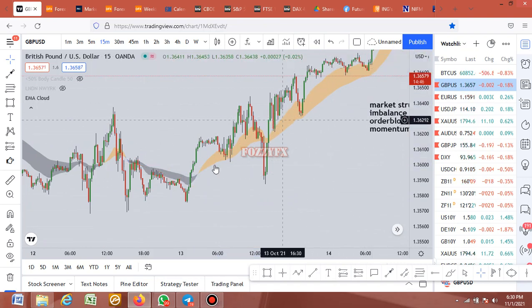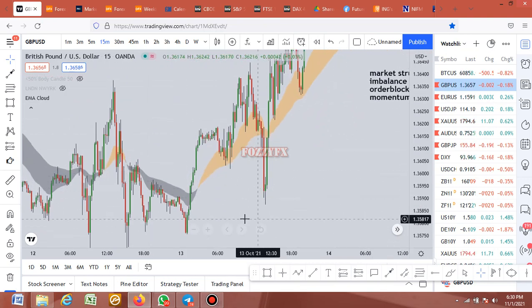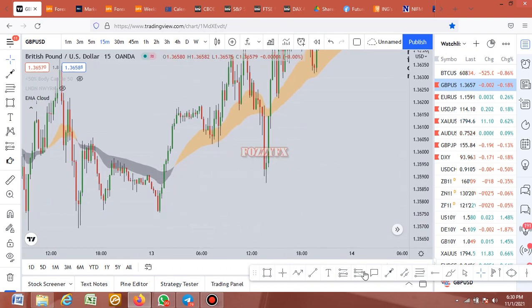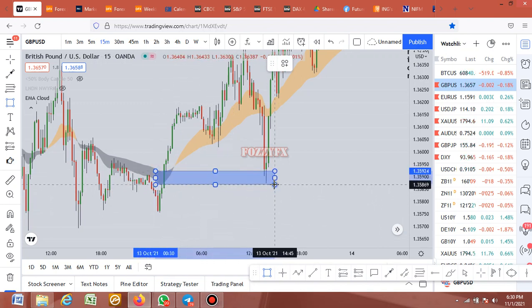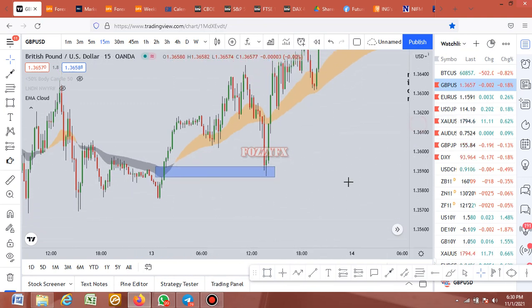If you look very well, you could see that we have a cross here, and around that cross we have this imbalance, just around the cross. For those that understand ICT and smart money, we know what we are meant to do when we see a cross like this. We just take our trades based on